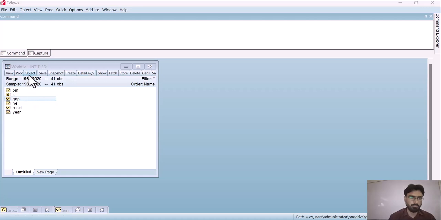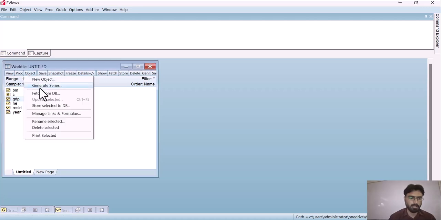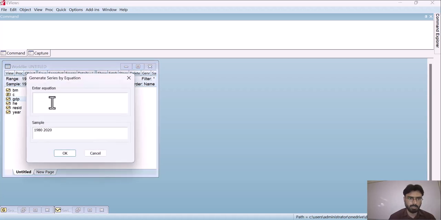So now we have to go to Object, then Generate Series, and then type here dGDP, then equal, and then d(GDP), then click on OK.